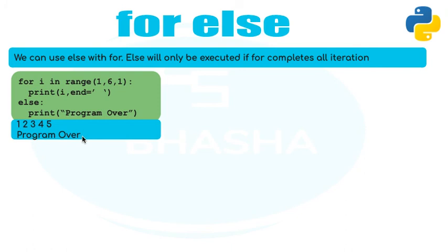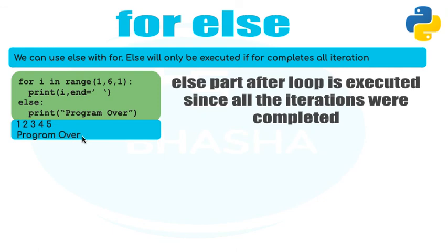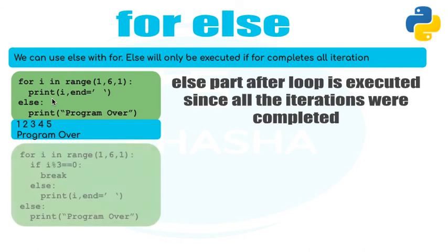But what if I don't want this else to be there? So before that, just recall this else part after the loop is only and only executed because all the iterations of this for loop were completed. Now what if I take another case? Just see, if I am saying that if I mod 3 is equal to 0, then you break the loop. Break the loop means don't complete the rest of the iterations. So it was supposed to complete how many iterations? 5 iterations. But the moment it reaches the third one, I got printed as 1, then I got printed as 2, then I did not get printed as 3, because the moment the third case came, it was forced to break the loop.